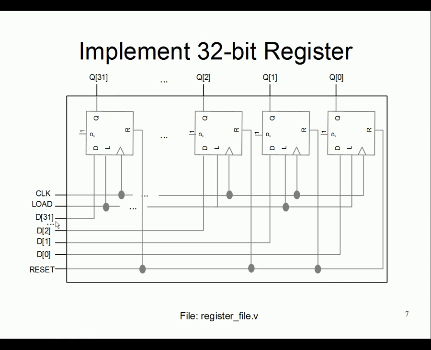So clock, load, reset are the common, preset all tied to 1, logic 1, and this individual D0 to D31 goes to this individual flop, and output of that Q is coming out as Q of the register, Q0 to Q31. Don't bother about the Q bar to take it out, but if it is needed in your design, top level design, processor design, that you need the Q bar, you might want to take it out at that point. Okay, so implement that in a register file. Next lab will combine them to make a register file. Okay.